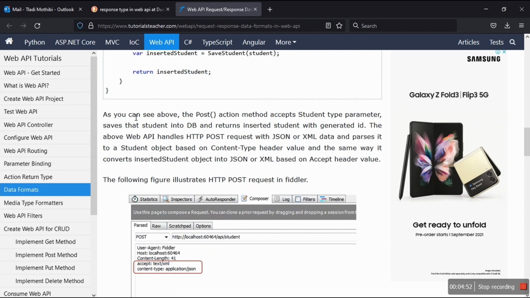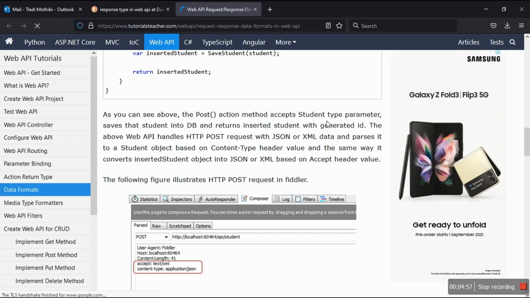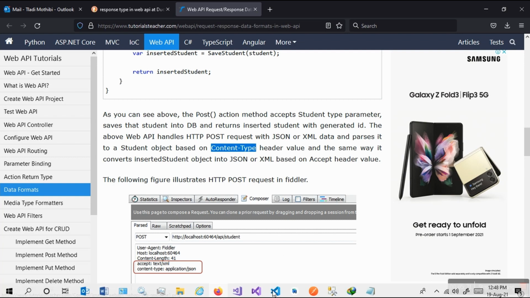Okay, as you can see above, the post action method accepts a student type parameter, saves that student to the DB and returns the inserted student with a generated ID. The above Web API handles an HTTP post request, which we read about in our previous video, with JSON or XML data and parses it to a student object based on the content type header. Notice this content type header value, and the same way it converts the inserted student object into JSON or XML based on the accept header value. So in our case,